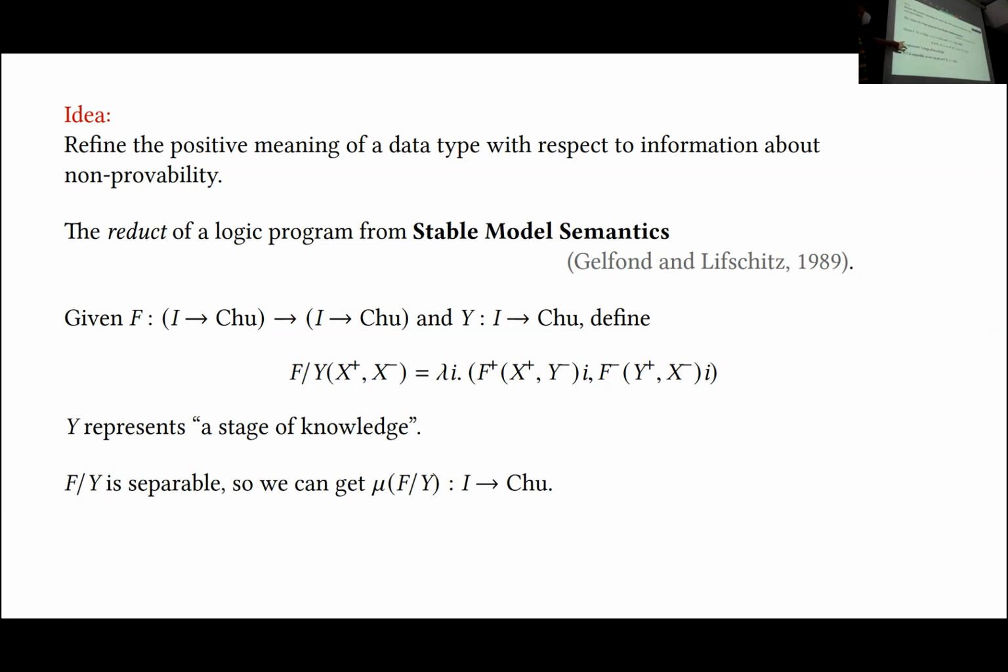And this thing is now separable, right? We can separate it into this half here, which only depends on the positive part, and this part here, which only depends on the negative part. So for every Y, we've got a separable functor from Q to the I to Q to the I. And this means that using the construction from before, we can take the initial algebra. So we get mu of F over Y, which is now a legitimate object of